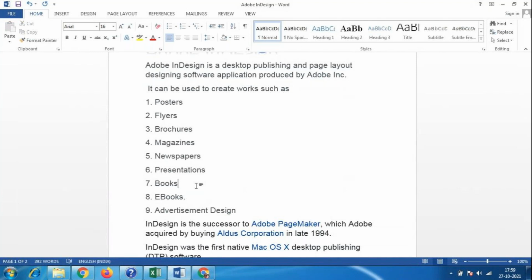Correct. Any simple or complicated book has many things, like start name, end name, when the batch is starting. Even certificate designs we can make in InDesign. But mainly for certificate designs we use CorelDRAW software. Here we mainly use InDesign for books, magazines, newspapers, flyers, posters and brochures. The same things you can do in CorelDRAW also.